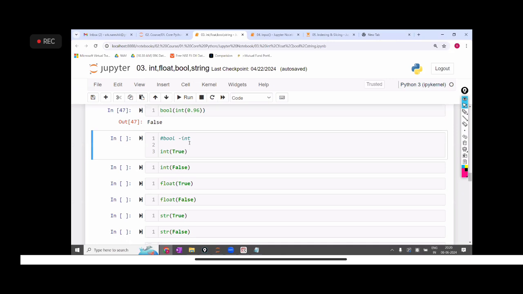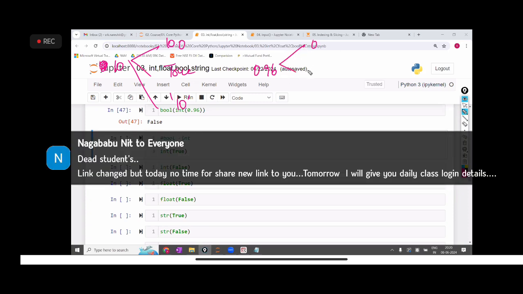Next concept is how to convert a bool to an int. Means, for example, true is there. Now true has to be converted. Earlier, what we converted was 10. First we took 10. 10 was converted to 10.0. 10 was converted to true. 10 was converted to the string of 10. Later we took an example, 0.96. 0.96 was converted to 0 when it is int. When it is bool, it is true. When it is string,